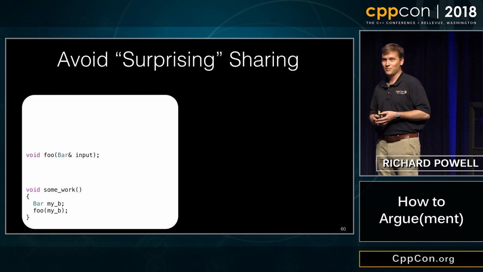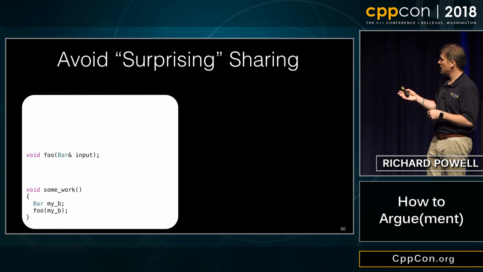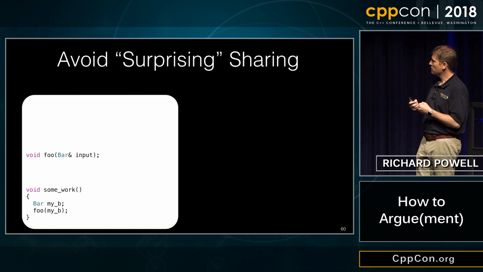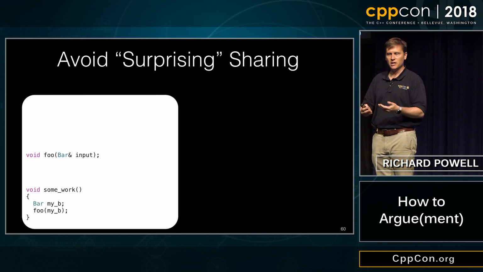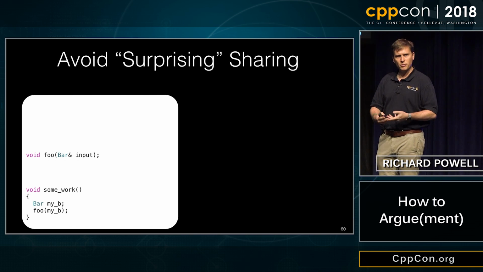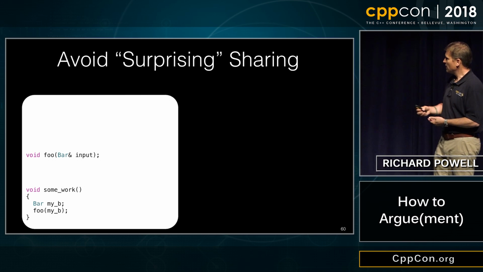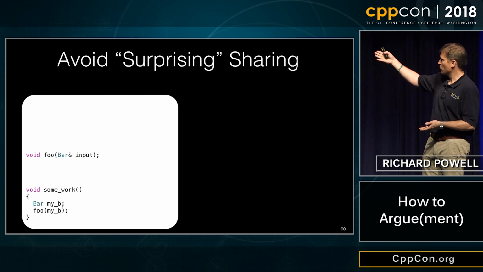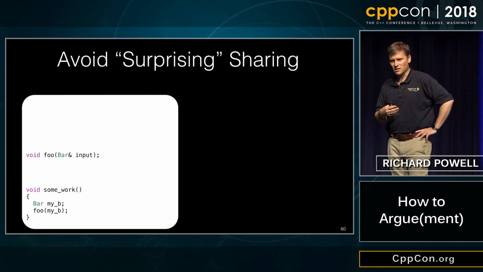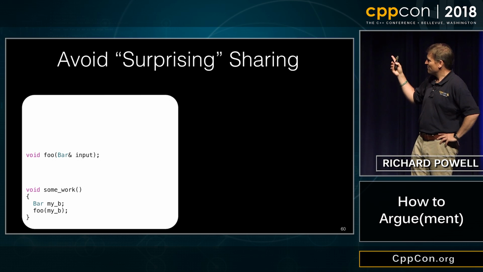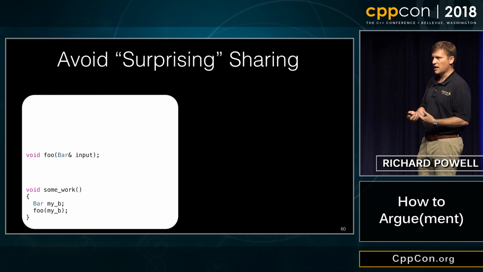Avoid surprising your users. I wanted to take a moment to talk about this because we sort of glossed over taking by ref or by pointer and saying it is an observer during the call. But we didn't really go into deep details on that. So let's say I've got some function here that does some work, and it's taking it by ref. And when I see that, I get really suspicious unless I know the programmer, because that looks odd to me. I don't know what's going to happen outside of that call,